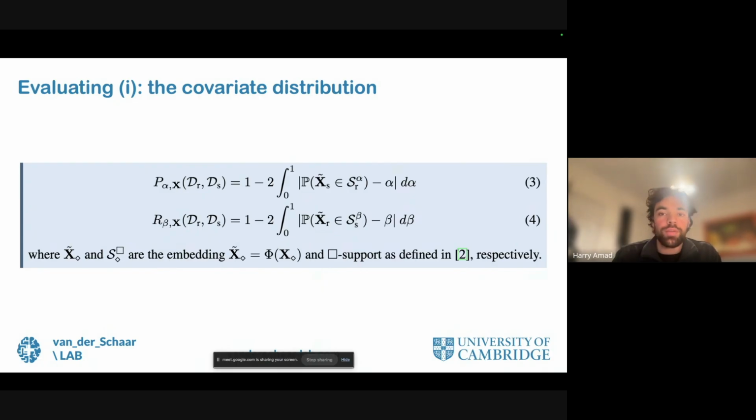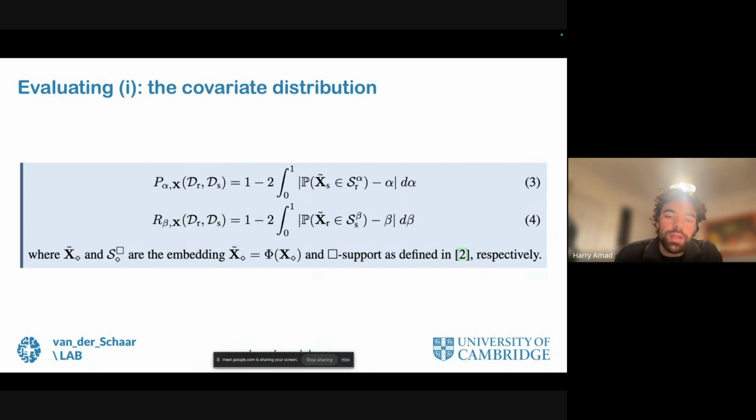task, really. Once we have chopped off the treatments and the outcome variables from our data, and we're just considering the synthetic and the real covariates, these are just high-dimensional matrices which we want to compare, which can be done by any family of the previous metrics which I just discussed. And that's fine because they no longer have treatments and outcomes, so it is fine to just consider the joint distributions between covariates. We choose specifically to use the integrated alpha precision and beta recall metrics, which were proposed in a paper maybe 3 or 4 years ago.